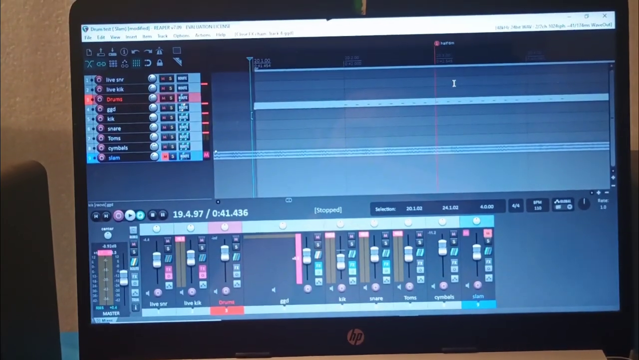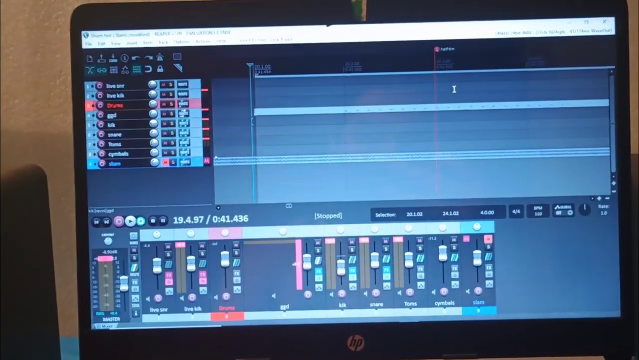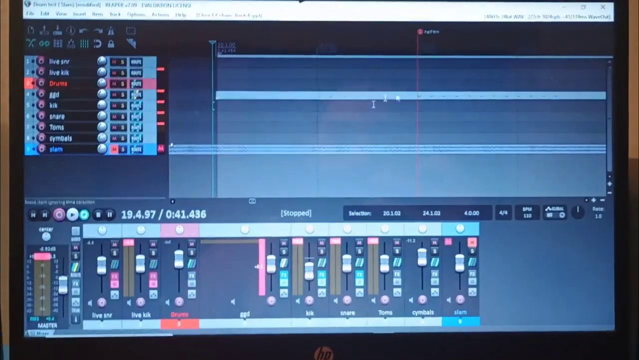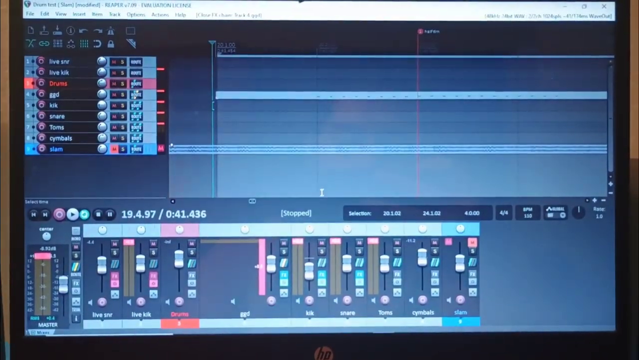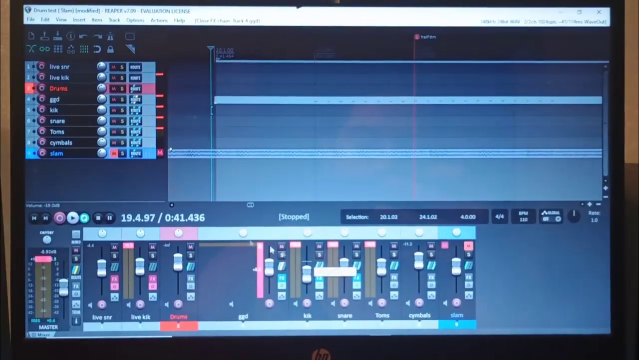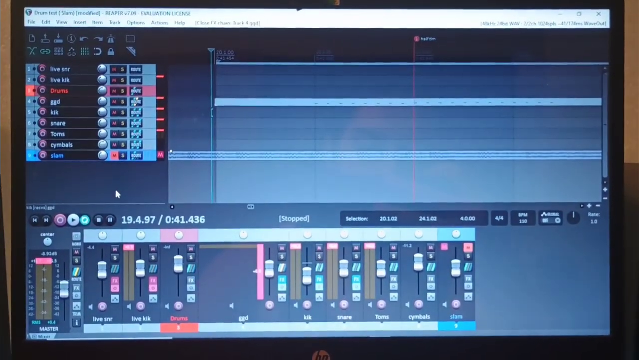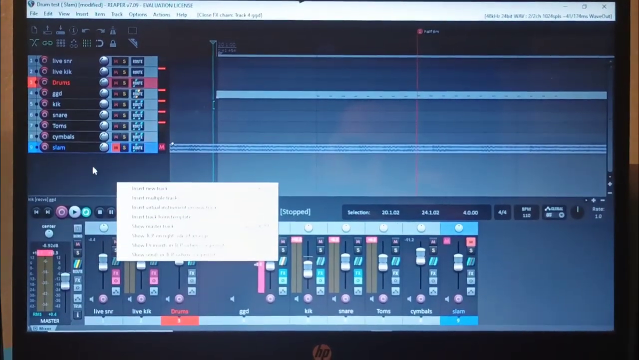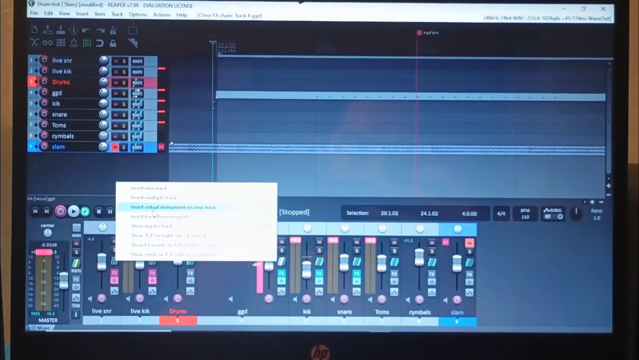Hey, so this is a quick way to route Get Good Drums Invasion in Kontakt 7 using Reaper. The other tutorials I've seen on YouTube have an older version of Kontakt, so this one looks a little different, just a little bit. We're going to start with just right-clicking over here in the tracks window to insert the virtual instrument,